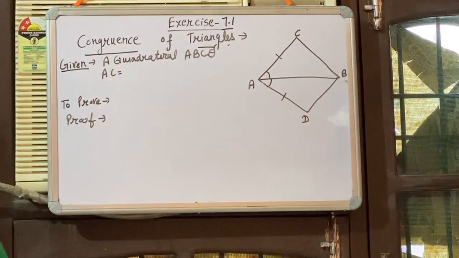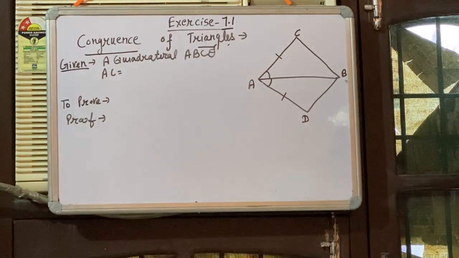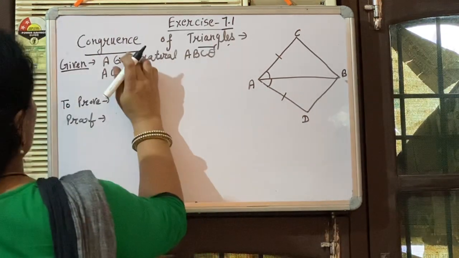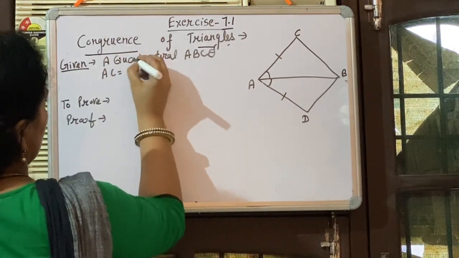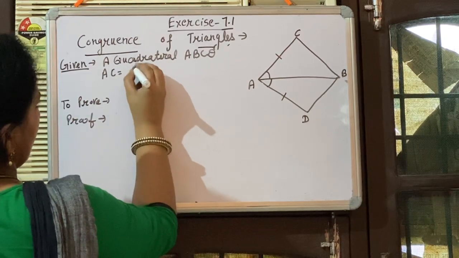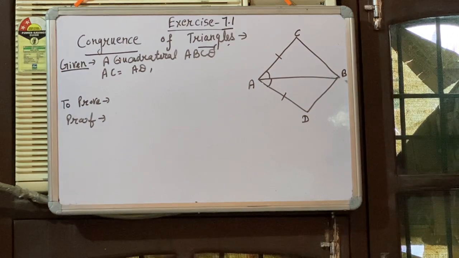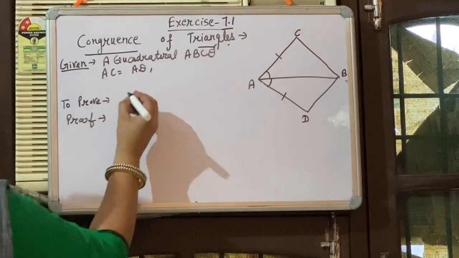Sides are AC and AD. In addition, one more condition is given, that is AB bisects angle A, and you have to show